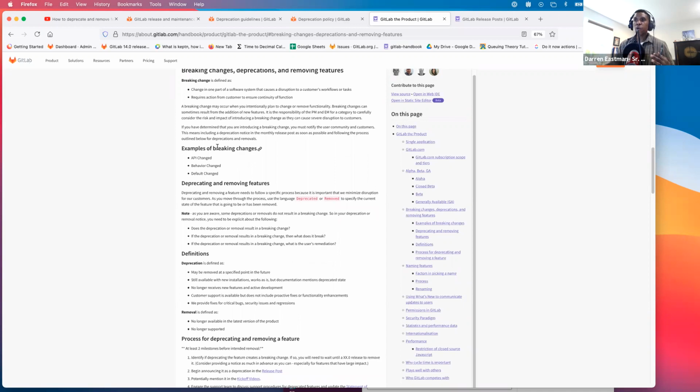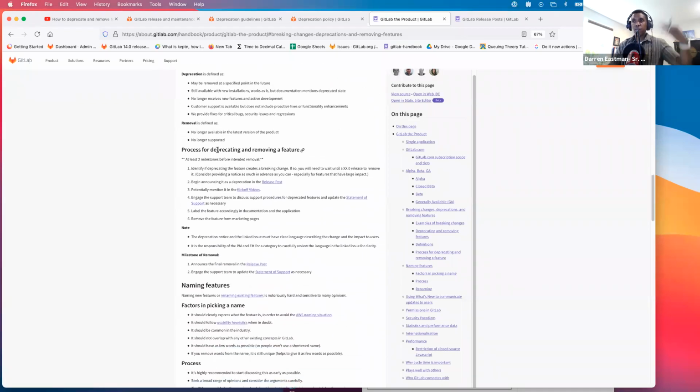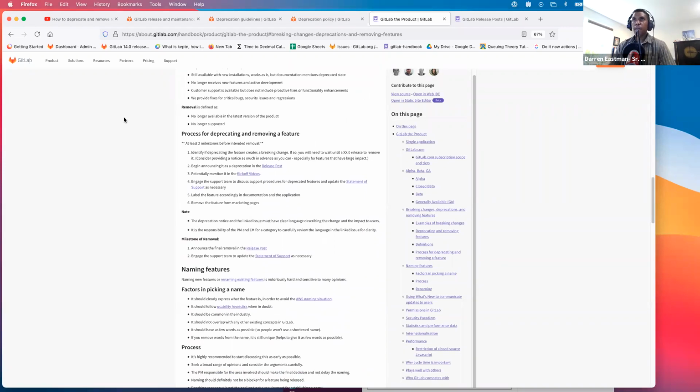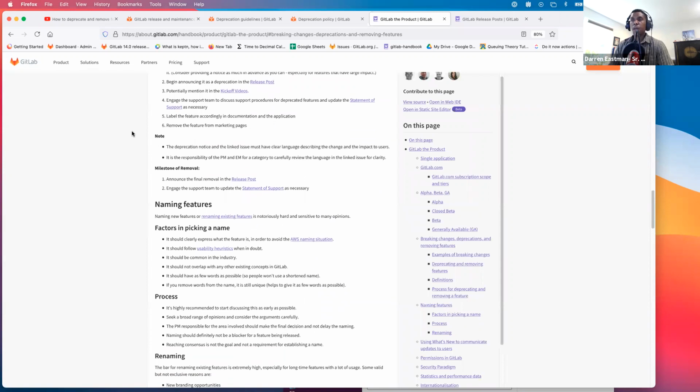The only key thing I want to call out in today's call in terms of the other iteration is this note in here. And as you're reading this, you might miss all of this great content, but I really want to call this out. And let me zoom in just a little bit. And what we're asking for is really nothing that onerous. But what we've realized by going through the process in 14.0, and I actually was guilty of this myself, is that when we announce a deprecation by having that entry in the release post, and then later on maybe having a removal notice,